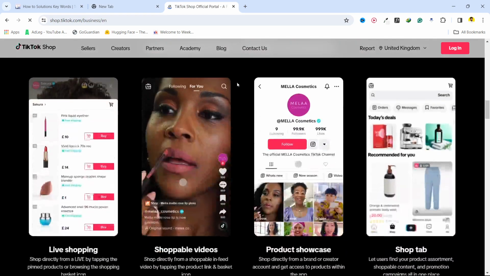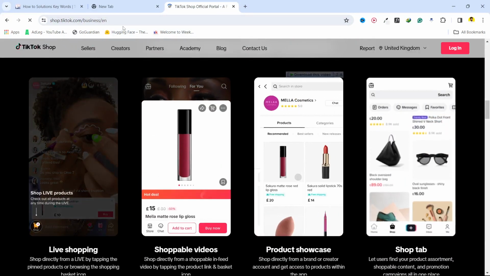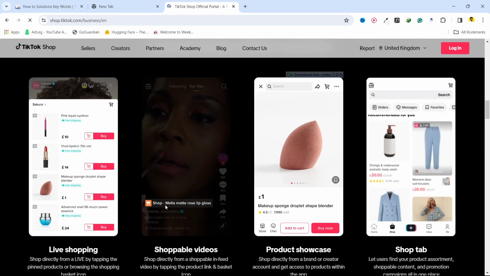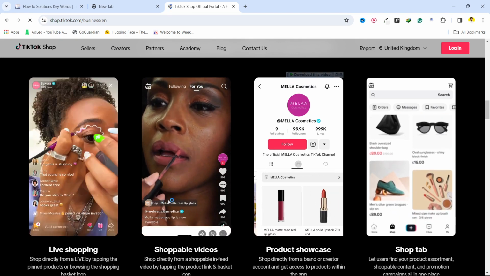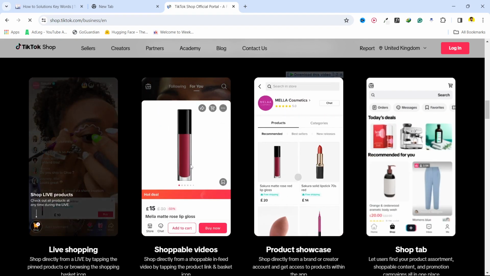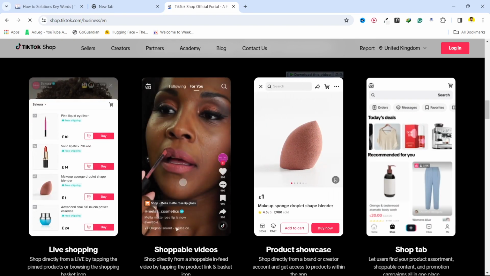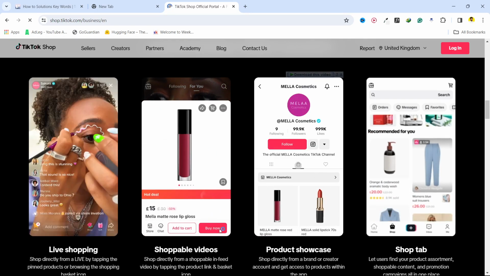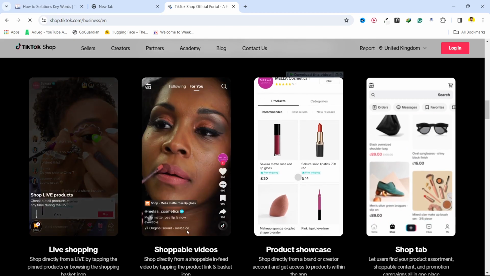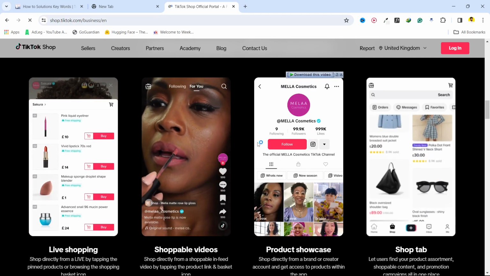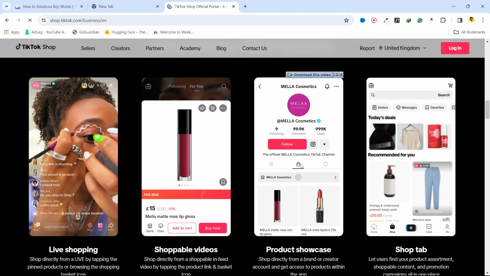So I'm on the TikTok Shop main page, and here you can see that if you see a product option like this shop, you simply need to click on that, and here you can see a product will open, and you simply need to click on the option of shop, buy now or add to cart, and you can shop easily. And let's suppose you are on the profile, here you can see this basket, you simply need